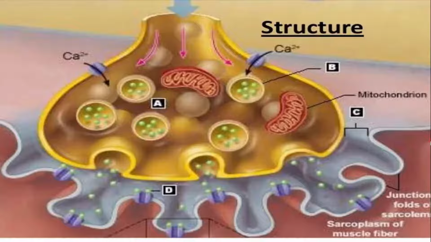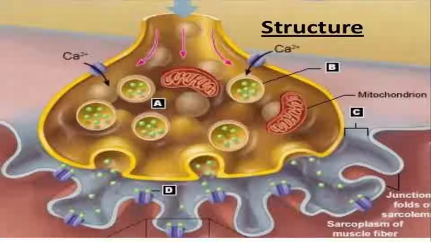You will see there are interactions between these proteins, which will act in a way so that there is a zipper-like action, which will cause opening of the vesicle membrane, and there will be release of neurotransmitter into the synaptic cleft. There will be release of neurotransmitter in the synaptic cleft by a process. We will see how this happens.